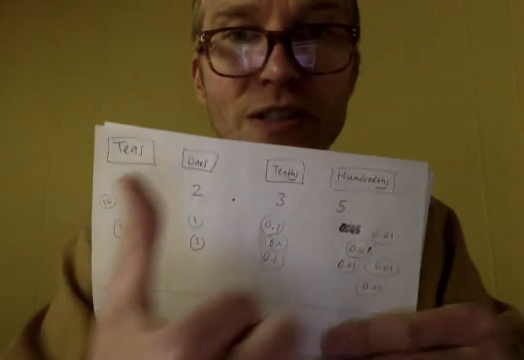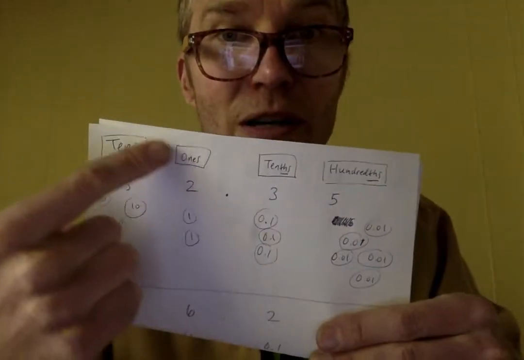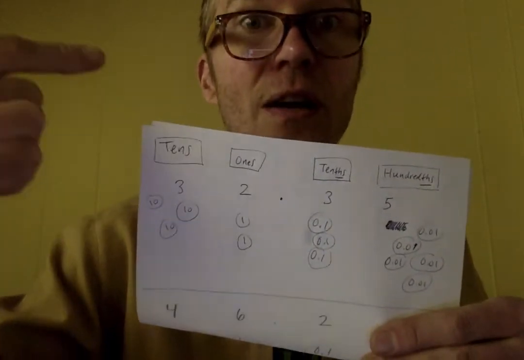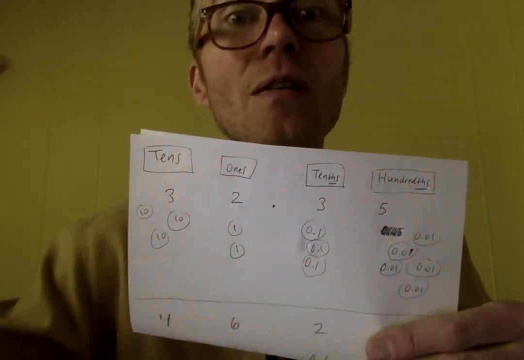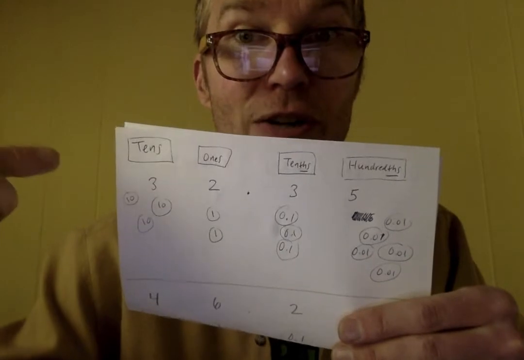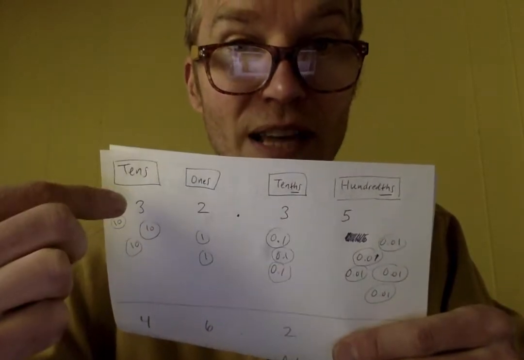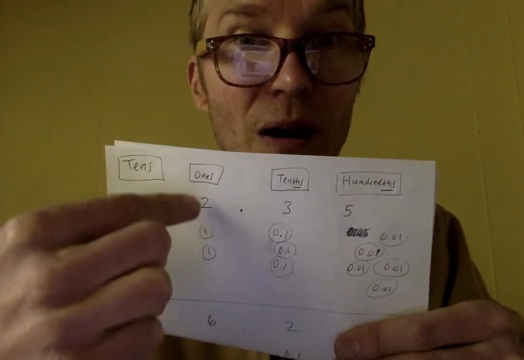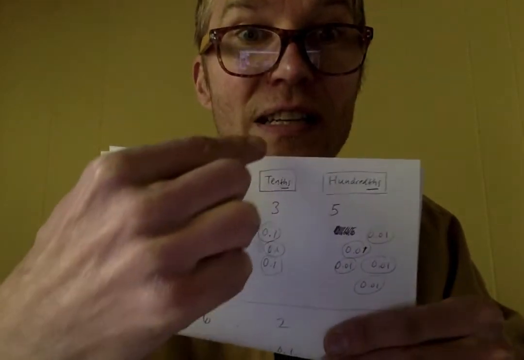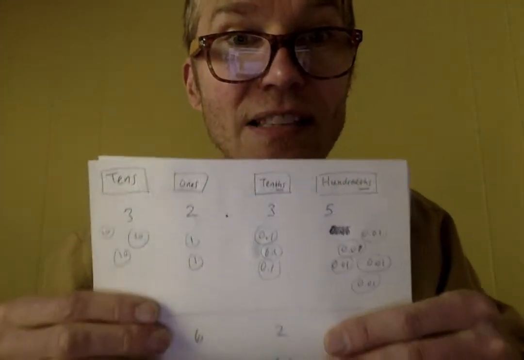Kind of like when you go this direction, the numbers each time get 10 times as big. 10 times, because next comes hundreds, then thousands, then 10,000s. This way they get 10 times as small. So it's the same thing. Hundreds, 10 times as small as tens, 10 times as small as ones, 10 times as small as tenths, and then 10 times the size of a tenth is a hundredth. So it might look kind of like this